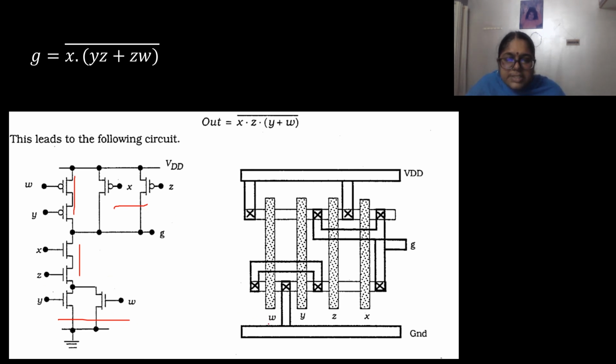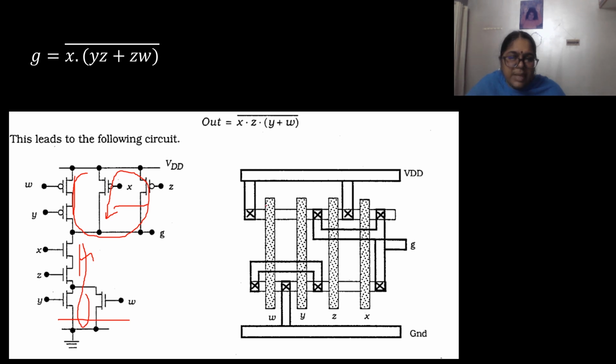Now the path which is taken here is W Y Z X. W Y Z X, this is the path. So here also we will see whether the same path holds good. When you are drawing the path, you should see to it that you are not traversing through a transistor more than one time. That means the path does not overlap or intersect with the path which has been drawn previously. So W Y Z X here, and here also W Y Z X.